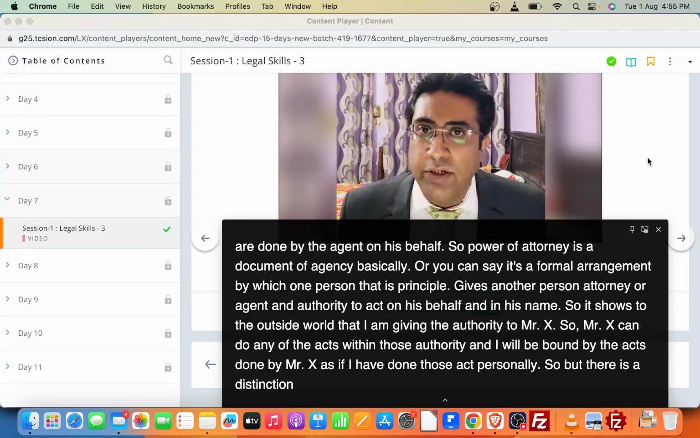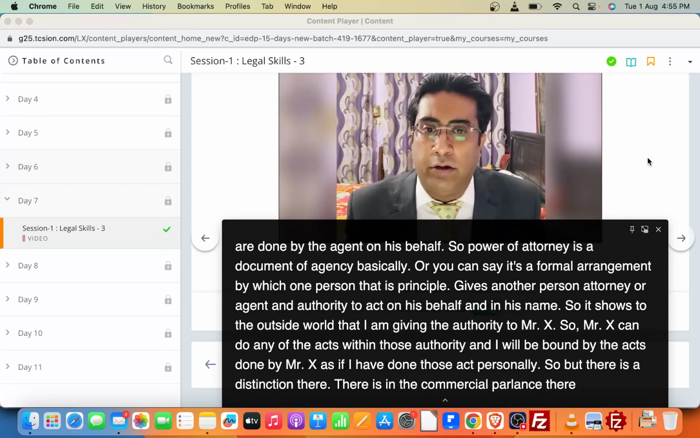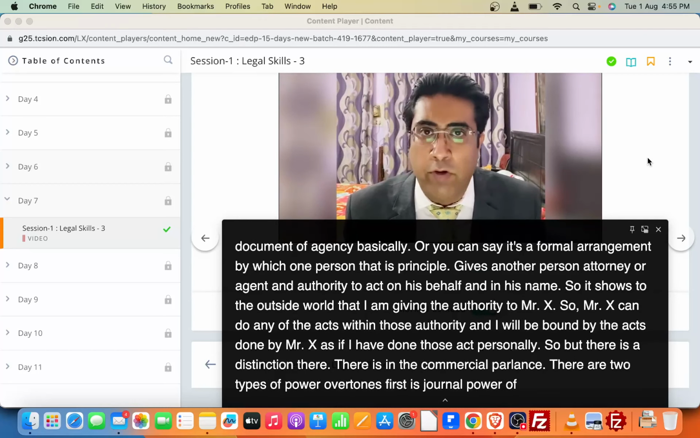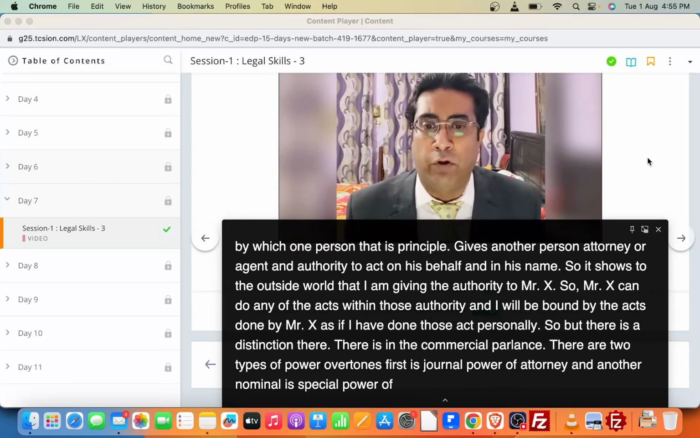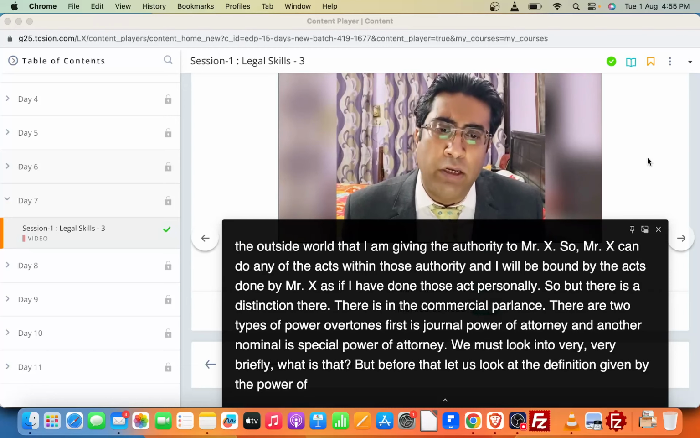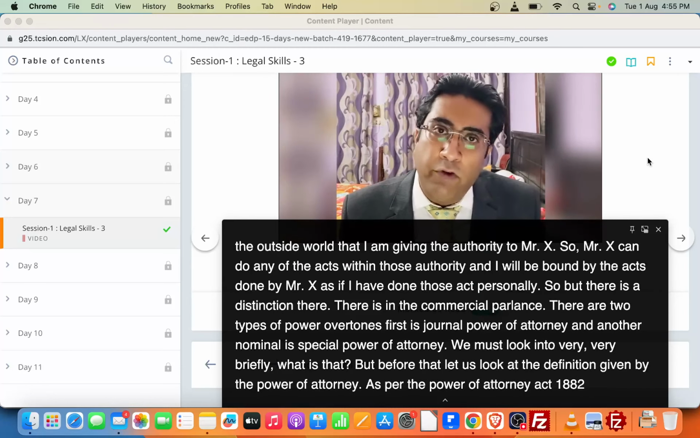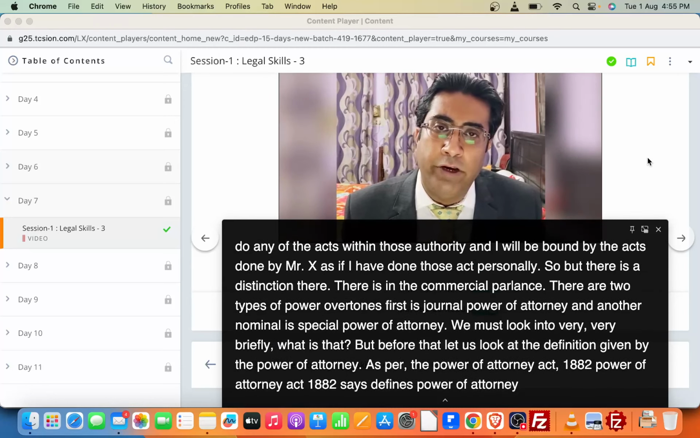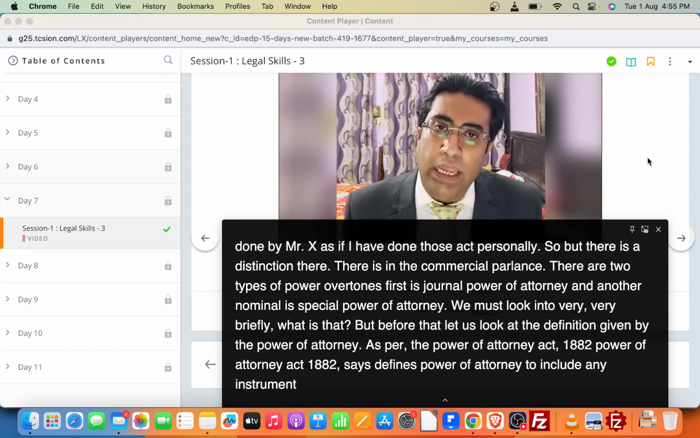But there is a distinction. In commercial parlance, there are two types of power of attorney. First is general power of attorney. Another nomenclature given is special power of attorney. We must look into what that is very, very briefly. But before that, let us look at the definition given as per the Power of Attorney Act 1882. The Power of Attorney Act 1882 defines power of attorney to include any instrument empowering